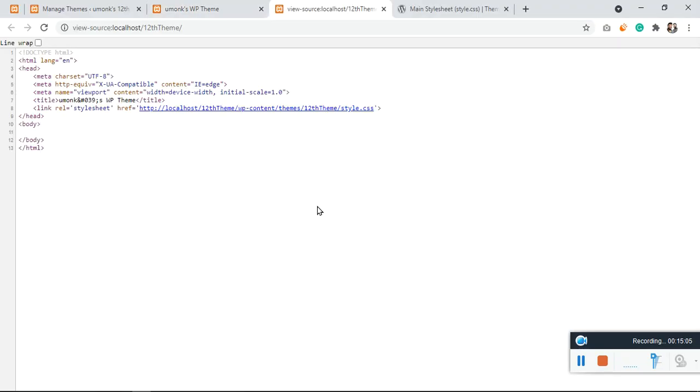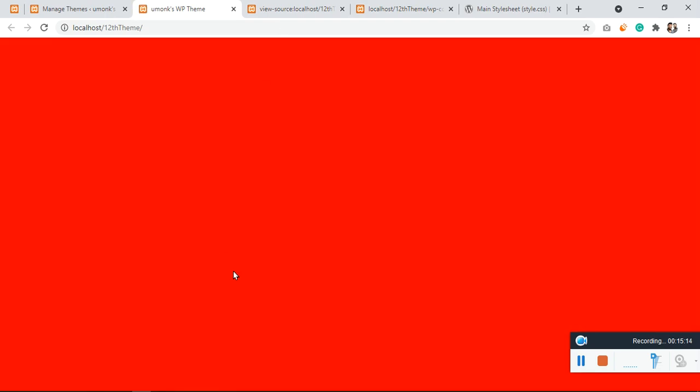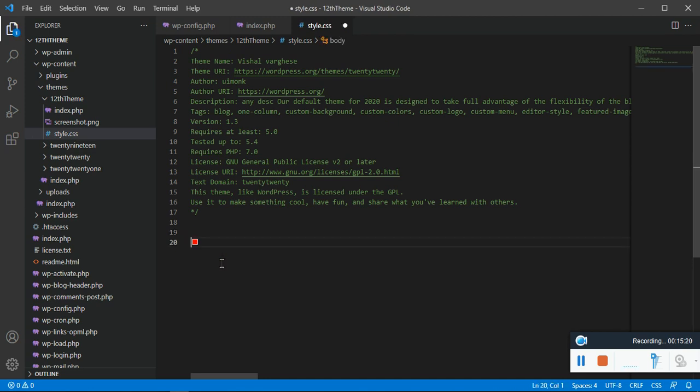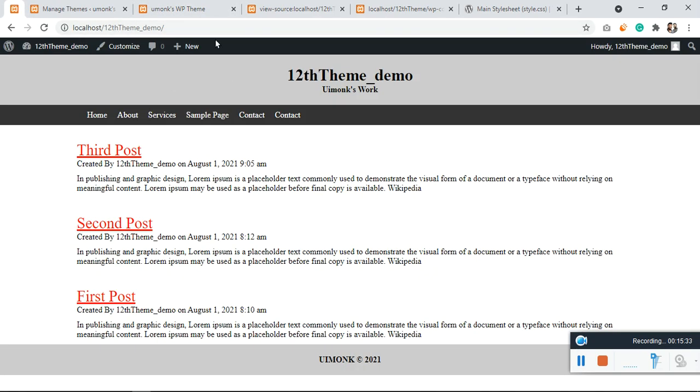Control U and click on the href, and it is available. Let's just hard refresh it with the help of Control Shift and R; it is available. Now we are not going to waste our time on styling the elements. I'm just going to paste the styles I have already used on this particular website. So let me just copy paste it.